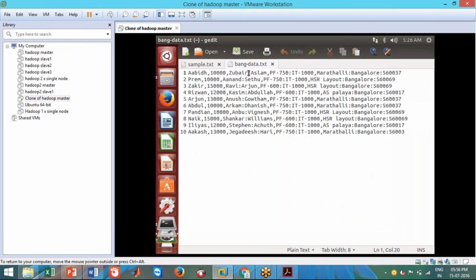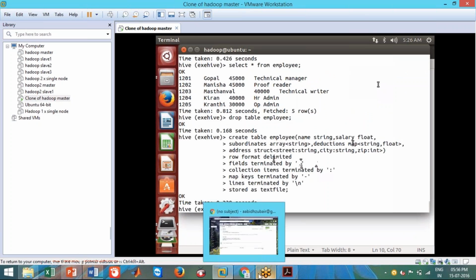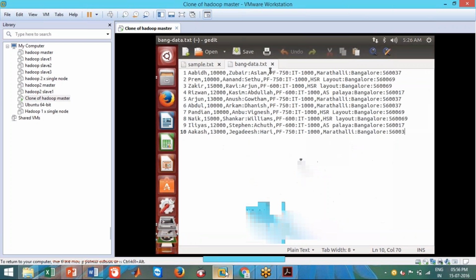Two collection items separated by this colon, you can see it over here. We have mentioned it over here: the collection items terminated by colon. Fields terminated by comma, that's also here. Every field is terminated by comma. Key value pair in every map. So deduction is actually